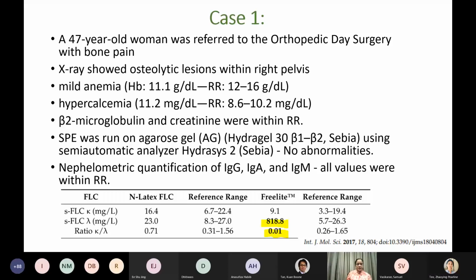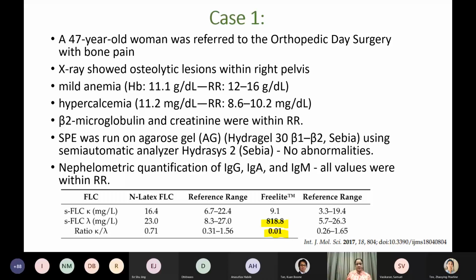X-ray showed osteolytic lesions within the pelvis, and the patient had mild anemia and hypercalcemia, but beta-2 microglobulin and creatinine were within reference interval. Serum protein electrophoresis was initially run on agarose gel